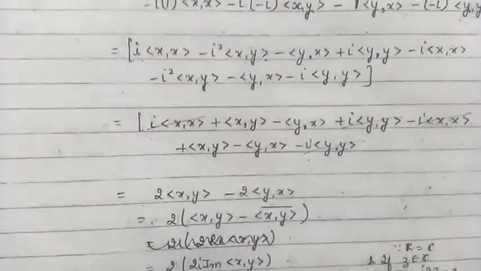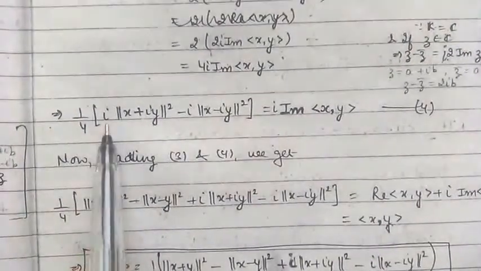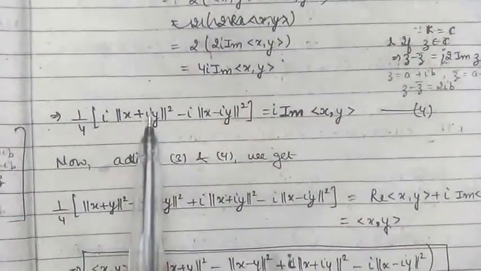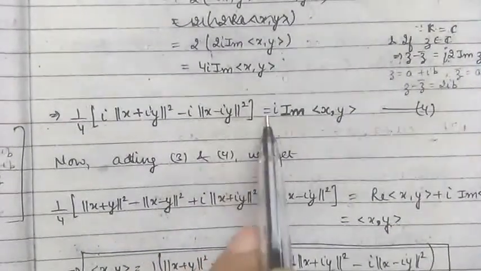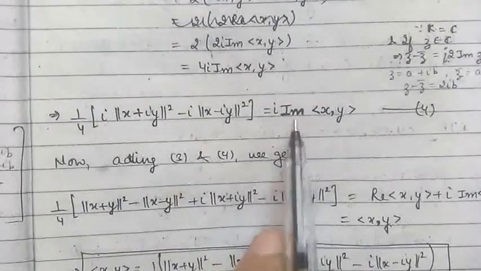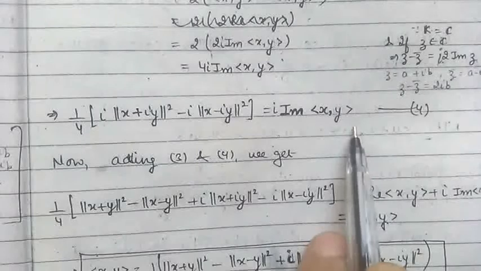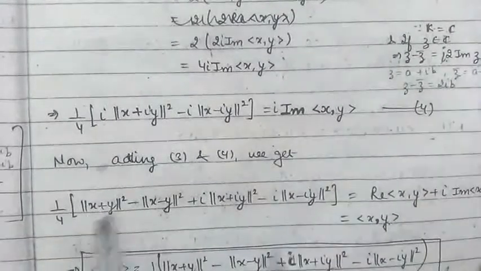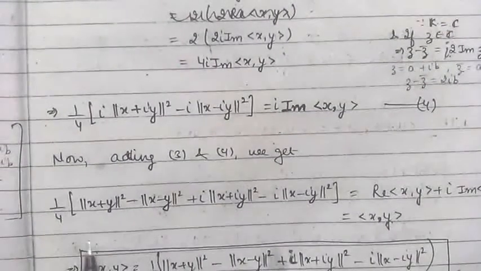Now dividing the third by 4, we get 1 by 4 times iota into the norm of x plus iota y squared minus iota into the norm of x minus iota y squared is equal to iota into the imaginary part of the inner product of x with y. Now adding equations 3 and 4, we get the polarization identity for the field of complex numbers,